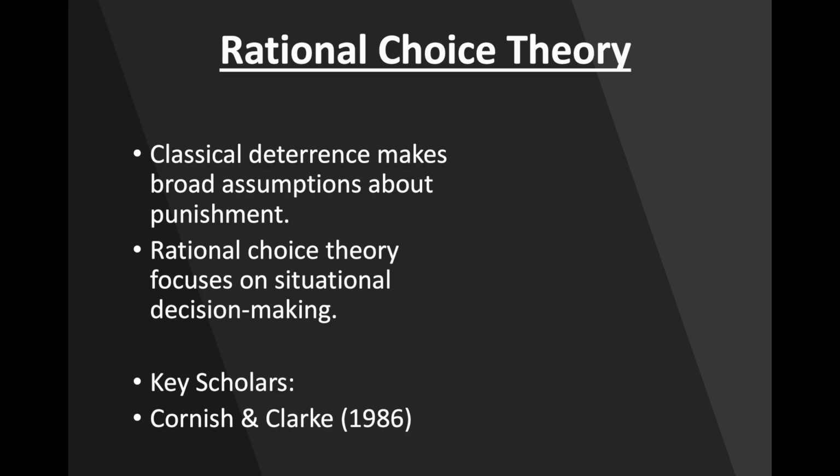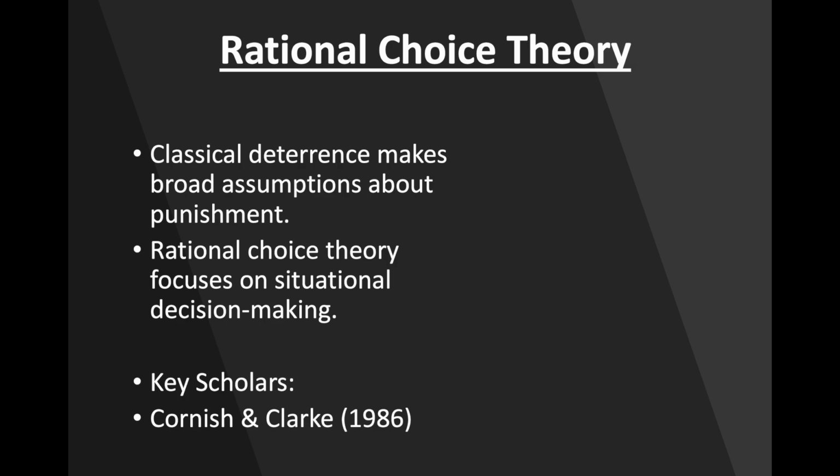So this is an important transition because students often mistake or treat these theories as identical. And admittedly, they are closely related and they do share many common classical foundations, but they're not the same. Deterrence theory primarily focuses on punishment systems and legal sanctions. The central question in deterrence theory is, how does punishment discourage offending? Rational choice theory broadens the analysis. Instead of focusing only on punishment, rational choice theory examines how offenders make decisions within specific situations. The central question here becomes, why does crime occur in this specific context at this specific moment under these specific conditions? This is a major conceptual shift.